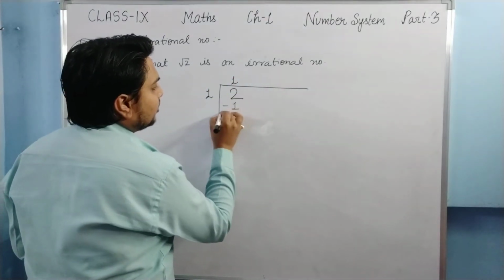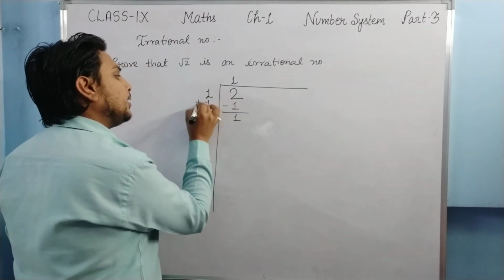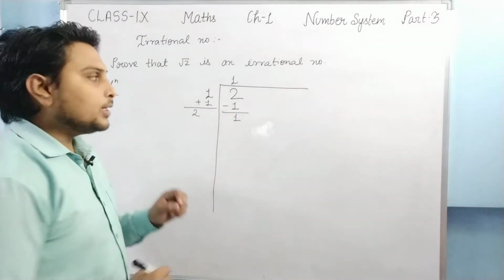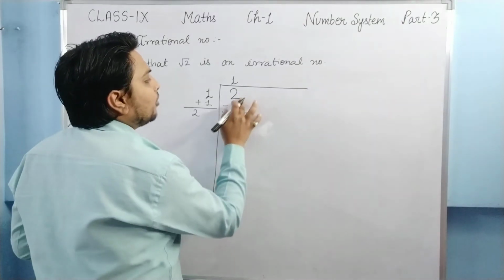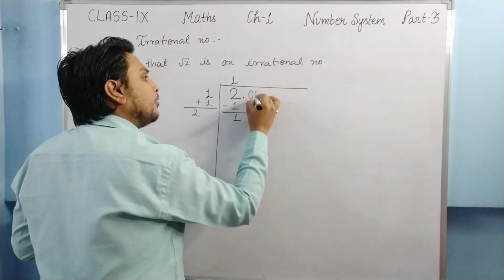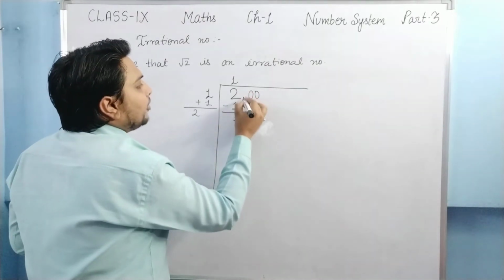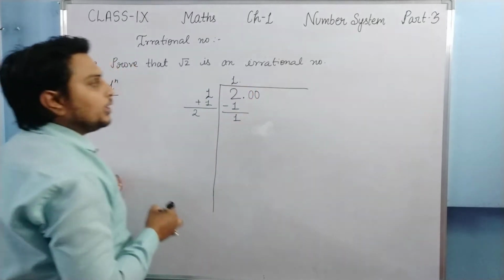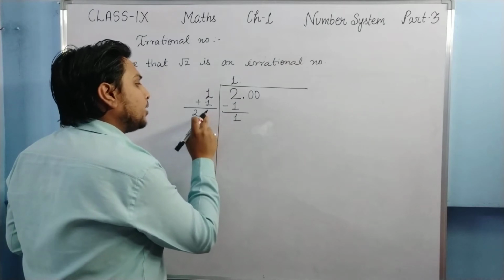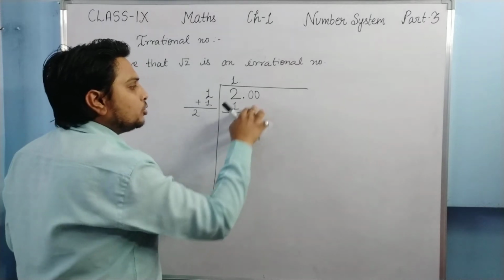Okay, and after that we will subtract it, 2 minus 1, that is 1, and again this number is added to itself, so 1 plus 1 is 2. Now you can see that after this 2 no number is there. So what we can do, we can apply the decimal point, and after that in pairs we can increase 0. Okay, in pairs only. So if I have put the decimal point here, it will also be a decimal point here. Now we have to write a number whose multiplication with the same digit should not be greater than this 100. This 20 will come here.